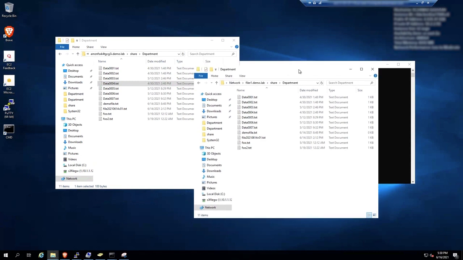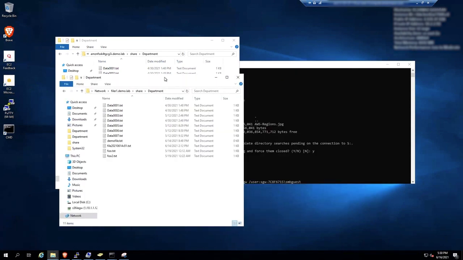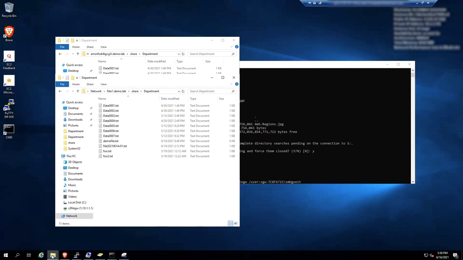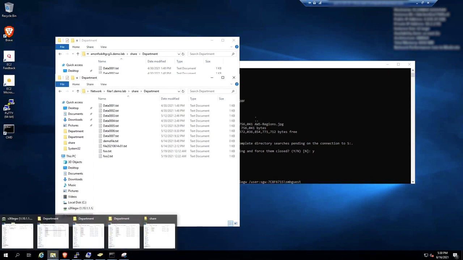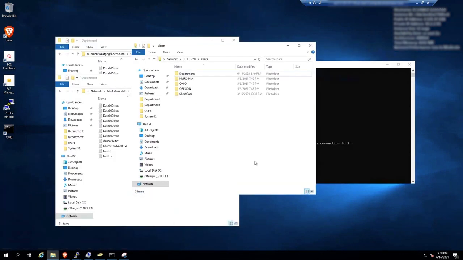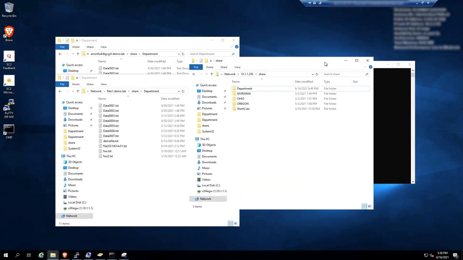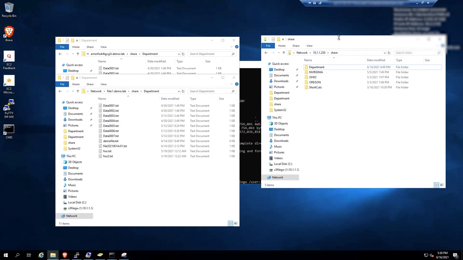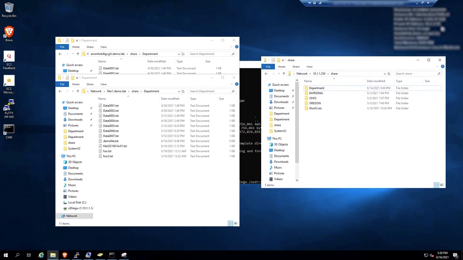One additional feature, and there was a chat question about this, was our support of the FSx File Gateway, which I do have deployed here. And I just want to bring up, yes, this is my FSx File Gateway that is deployed in a different subnet. It's actually a different region. You can see that I'm in 10.2 here in Ohio, and this is actually deployed in 10.1, which is Oregon